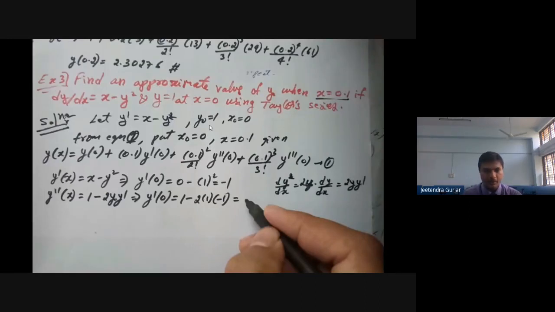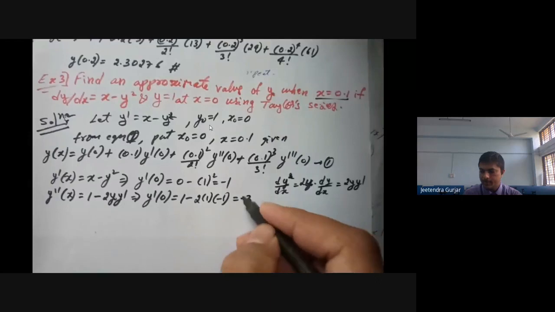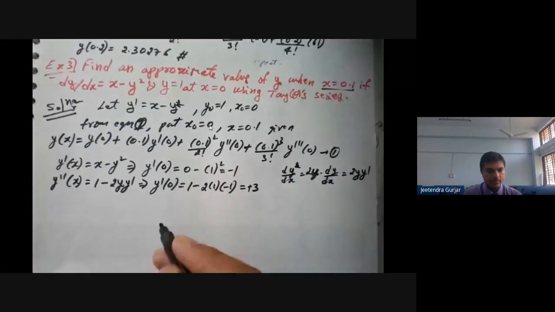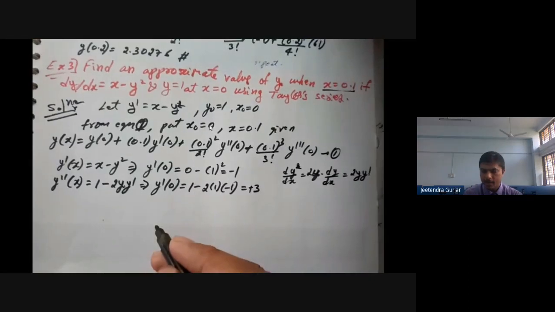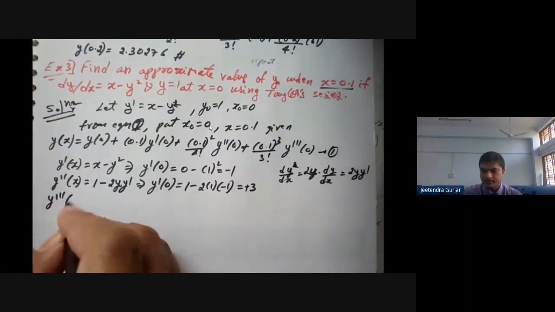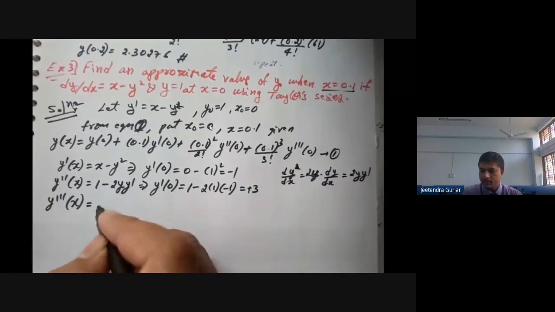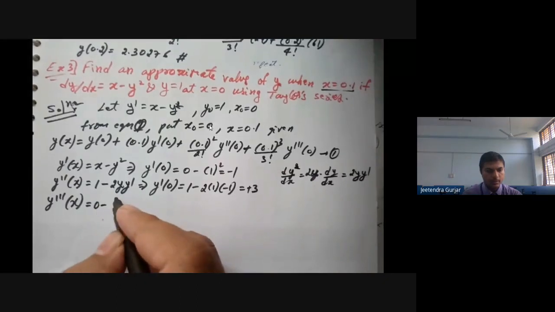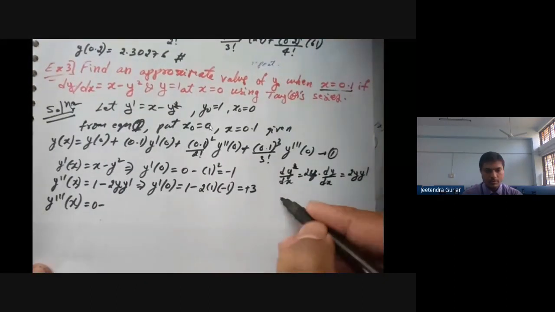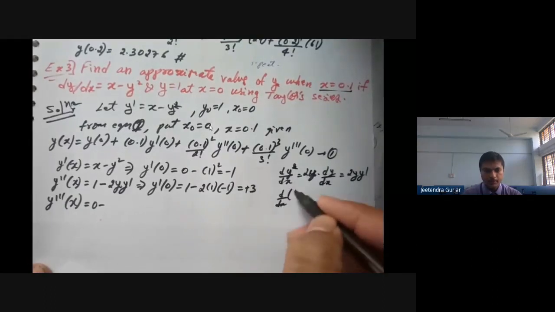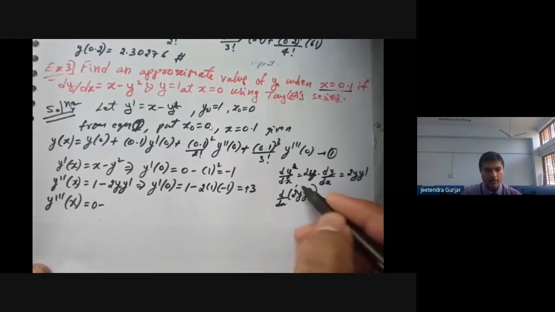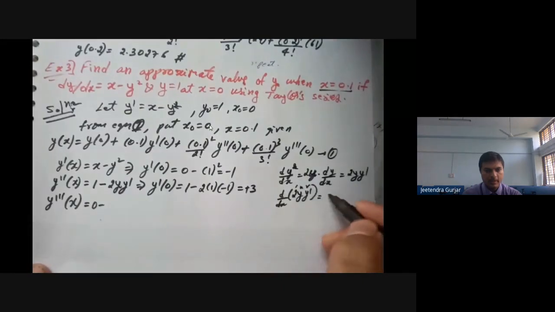Okay, very good. Some of them have got the answer. Very good. Is it clear now? So y dash is equal to minus 1. Like this you are going to substitute the values. So we are going to get y double dash is equal to 3, that is plus 3. Next we are going to go for y triple dash x. So differentiate again, we are going to get u into v. So the differentiation of 1 is 0. Here, I will just let you know how we are going to simplify. It is 2y y dash we are going to differentiate. So you have to do it side by side, u into v.